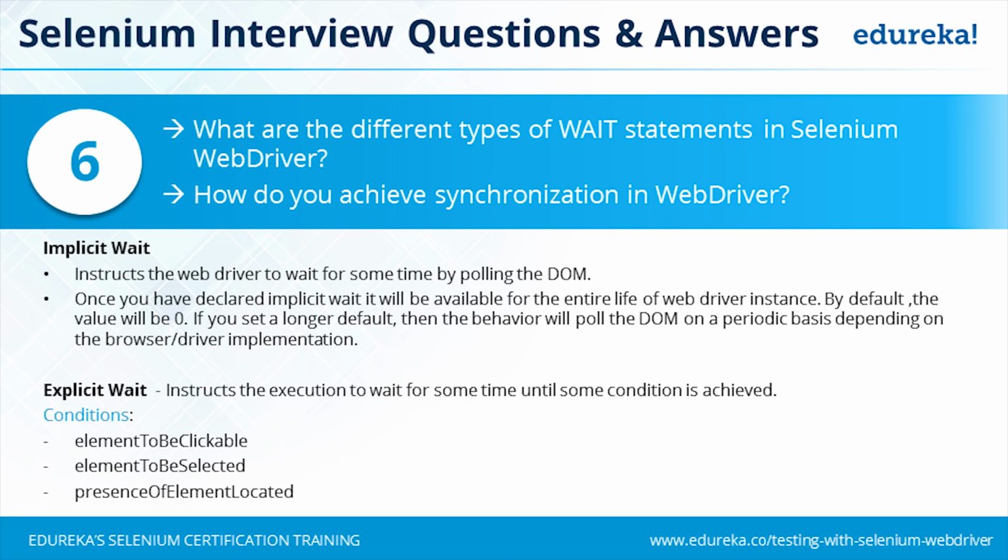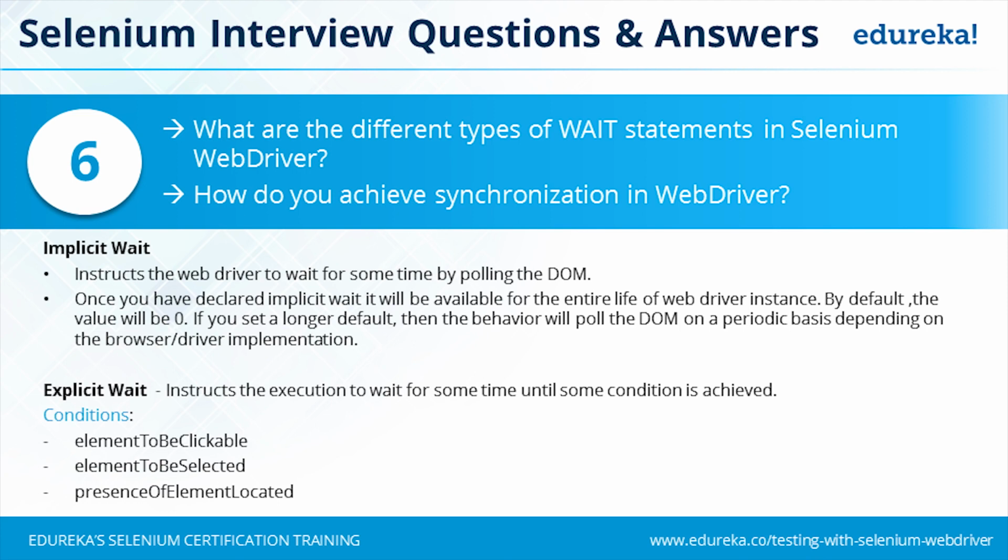After the object is found, it will just move on to the next step and discard the remaining 24 seconds. This will help you write scripts which have the flexibility to wait for the application in case the application requires more or less time. That is, if it finds the object at the 0th second, it won't wait even for 1 second. It will just move on to the next line of code in Selenium WebDriver. But if there is some kind of latency, the server is serving multiple requests, and the server requires some time to respond back, it will also allow that time. So your script execution will be flexible to accommodate any kind of latency from the application side.